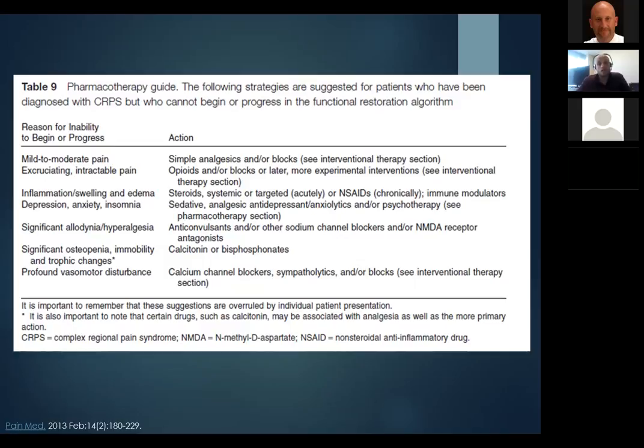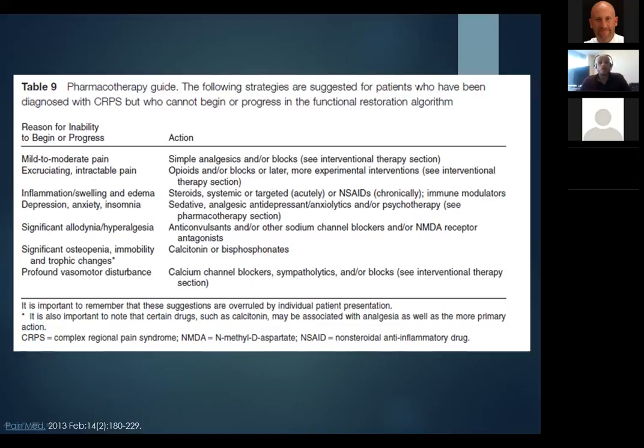There are also options to use medications like immunomodulators. You can use sedatives or analgesics. Antidepressants do have some data. And then we also have things like anticonvulsants. So this condition, like a lot of neuropathic conditions, is going to have similarities between the different treatments, as you can see here. And as far as the vasomotor disturbances, a lot of the treatments are going to be antihypertensives like calcium channel blockers, sympatholytics, and other kinds of blockers such as clonidine or alpha blockers, which do have some data in helping with some of those vasomotor